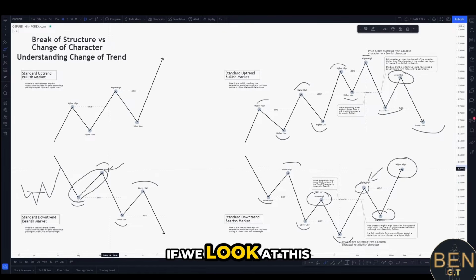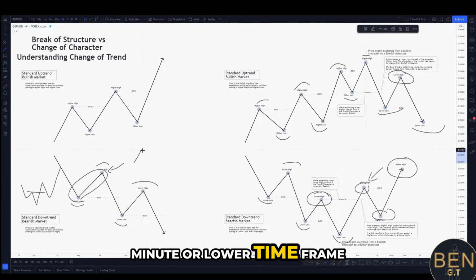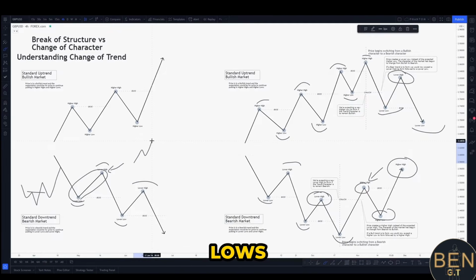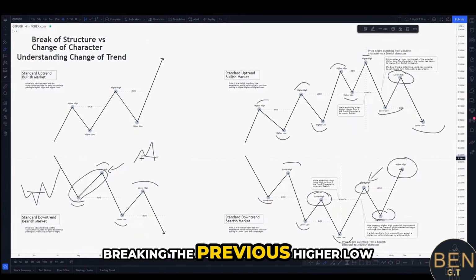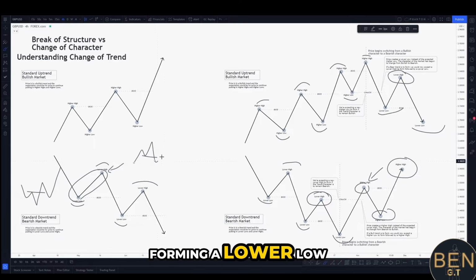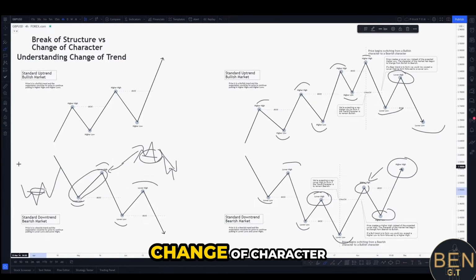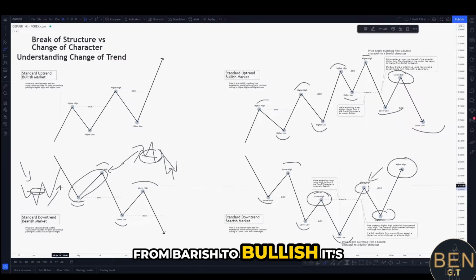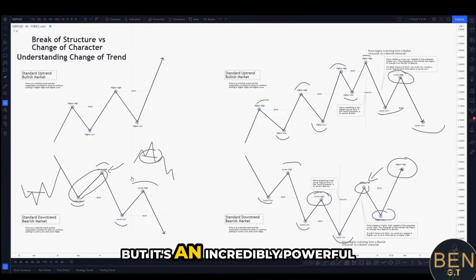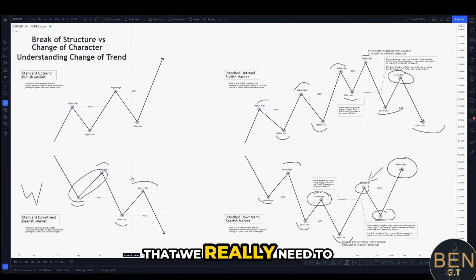And then again, if we look at this spot where we form the lower high and then start to form our lower low, we would see the 15-minute or a lower time frame creating higher highs and higher lows. Then price would break to the downside, breaking the previous higher low, forming a lower low, and then continue to move to the downside. This would be the change of character from bullish to bearish, and this would be the change of character from bearish to bullish. It's as simple as that, but it's an incredibly powerful concept that we really need to understand